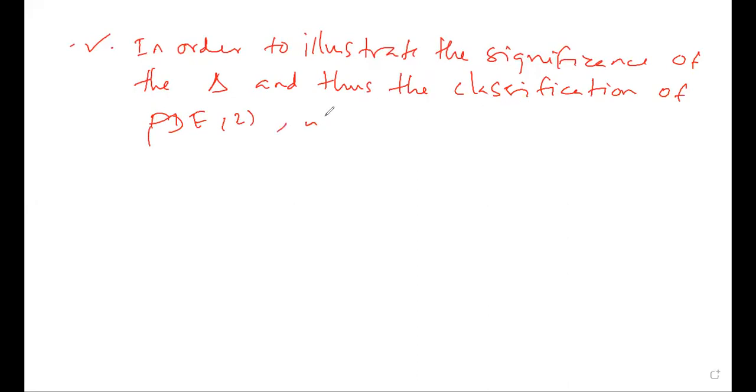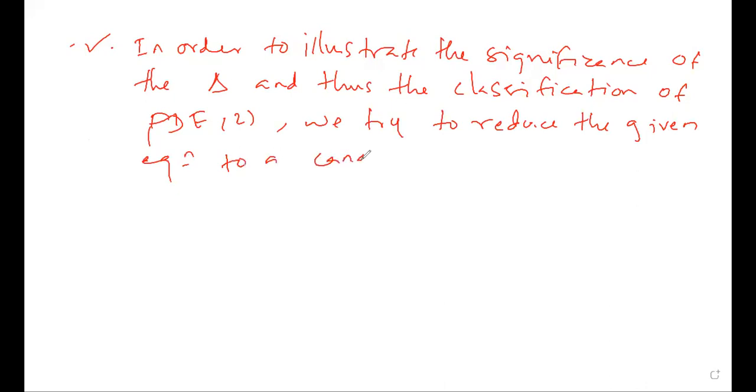we try to reduce the given equation to a canonical form. Okay, canonical form. Let's see how we can get the canonical form. For that, to do this, we transform